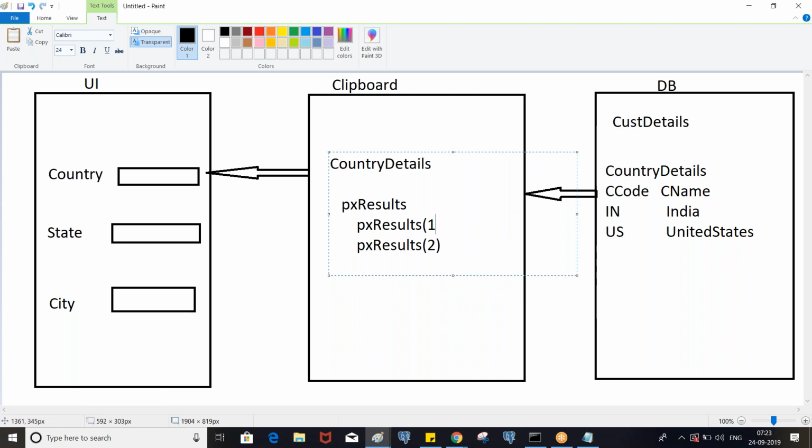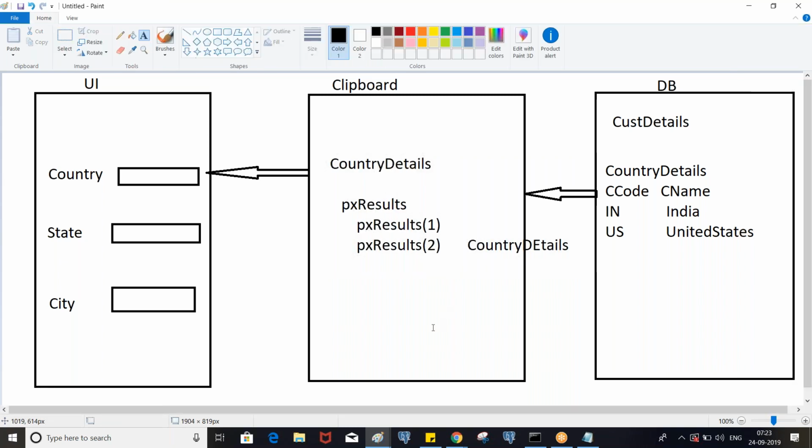Satya, it's Pega, it's automatically created by PRPC. pxResults is automatically created, and moreover, we can't modify this page. Exactly, you must remember this. Whenever we use OBJ browse, this structure will be created automatically.